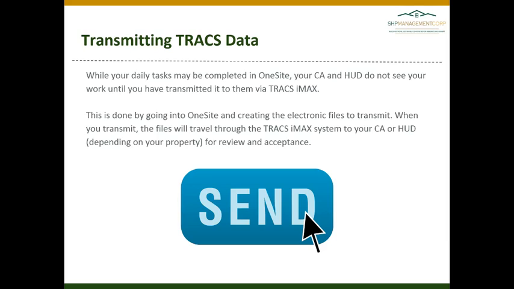It is important to remember that any task that you are doing in OneSite regarding tenant data, your 5.9s, your certification activity, you do need to transmit this. Your HUD and CA do not see the work that you've done in OneSite. They do not have access to our system. You can transmit this information to your CA or to HUD